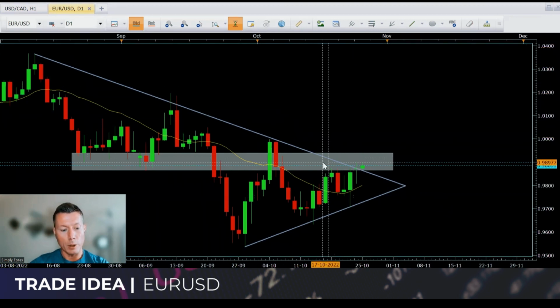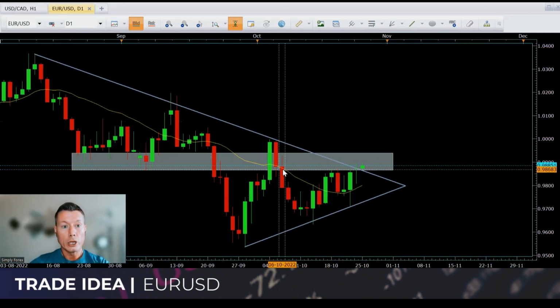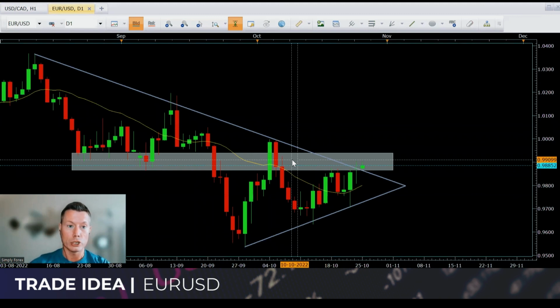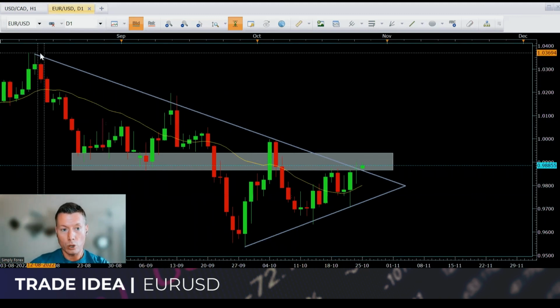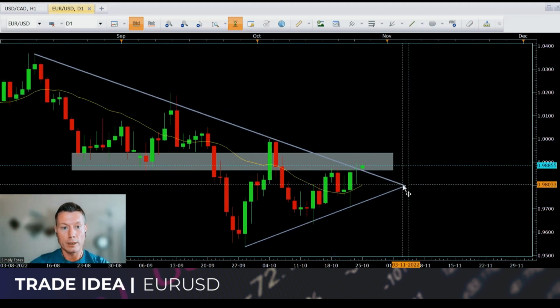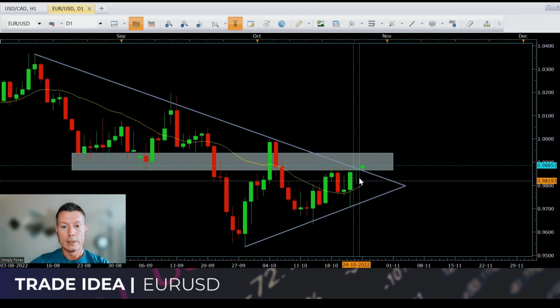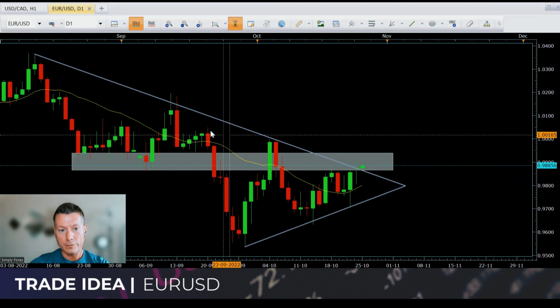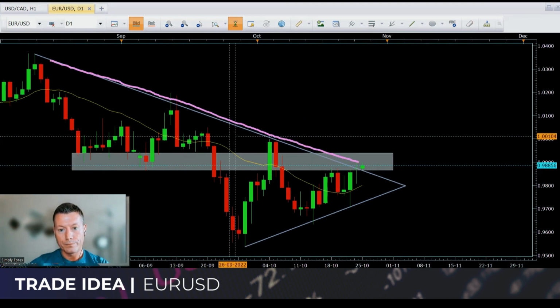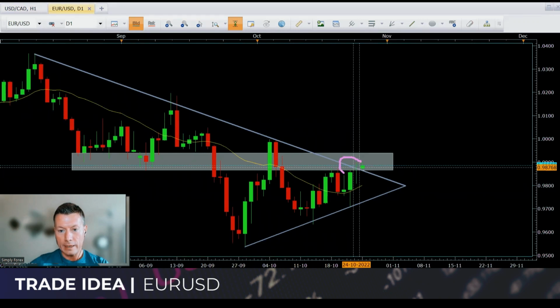Euro US dollar, we spoke about it enough in the Discord channel. You guys plotted this chart. Yeah, this is what you showed me on how to plot this chart. So you plotted this chart, I agreed with you. Because of this downward channel, and because of this area of resistance on this chart, this area here has become a significant area for this pair.